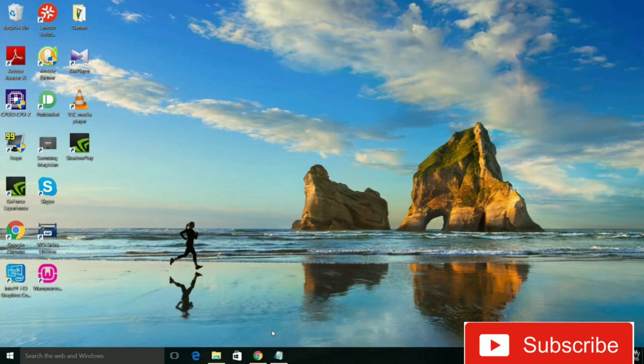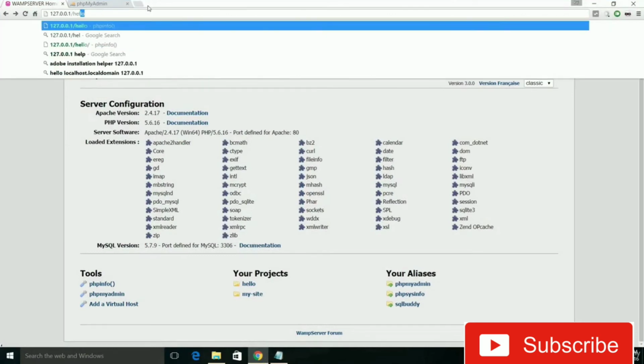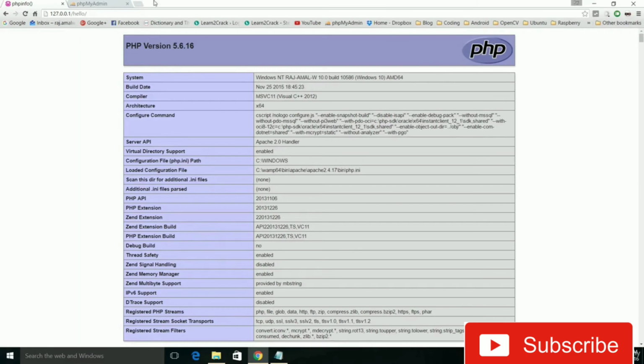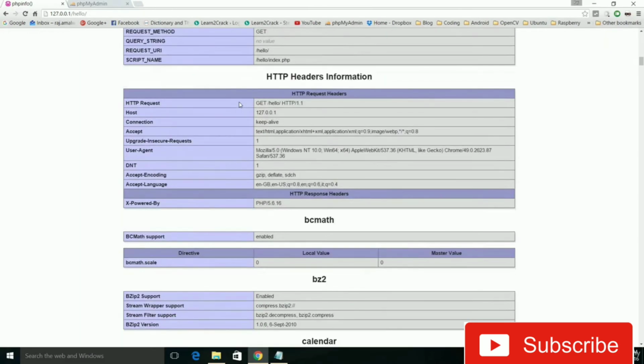Now open your browser, type in the IP of localhost. You can write localhost or type in IP 127.0.0.1 and slash the given script. For example, hello. It automatically runs that